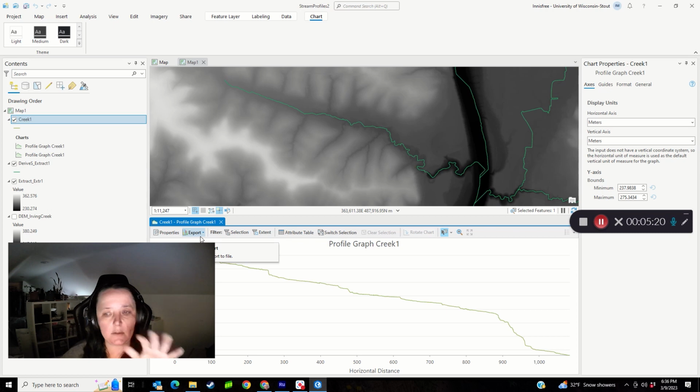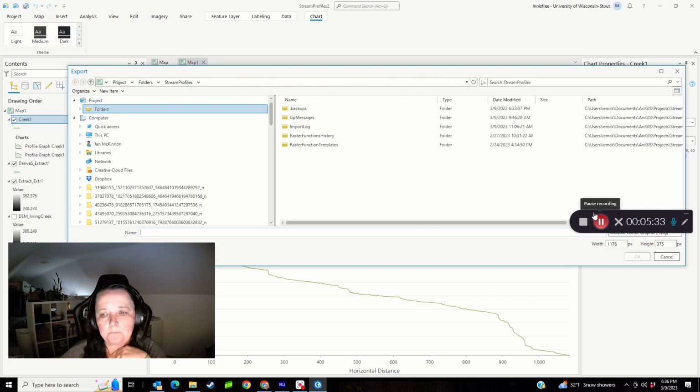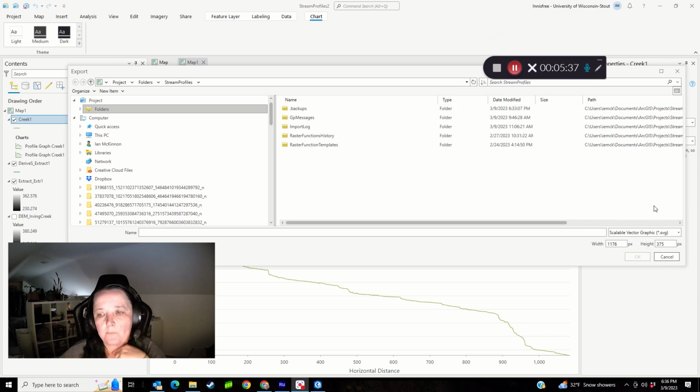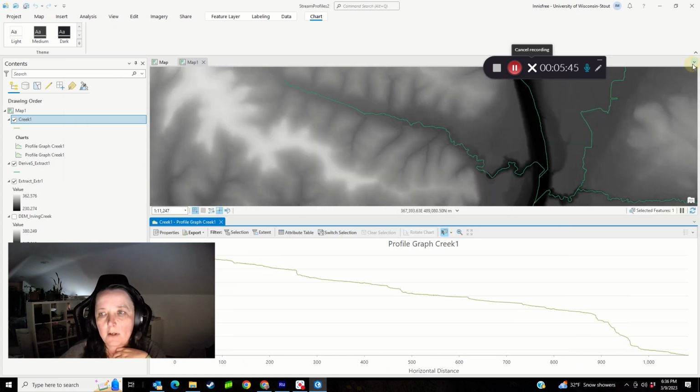Also, once you have these charts in ArcGIS Pro, you could choose to export it as a graphic to use in some other program, to save as some other program, if you wanted to use that in some report or some other document, right? Or we could